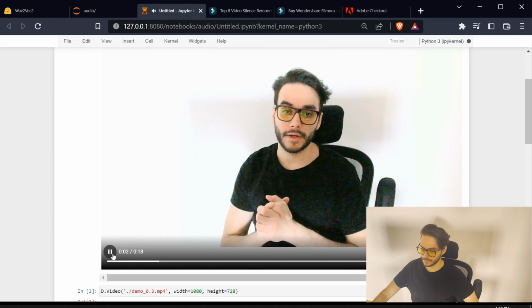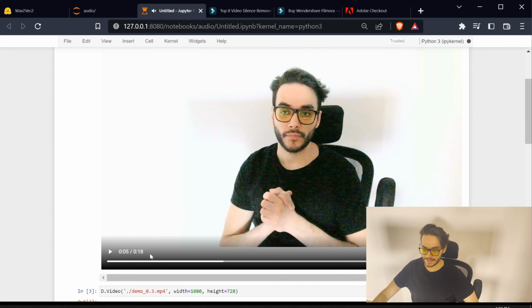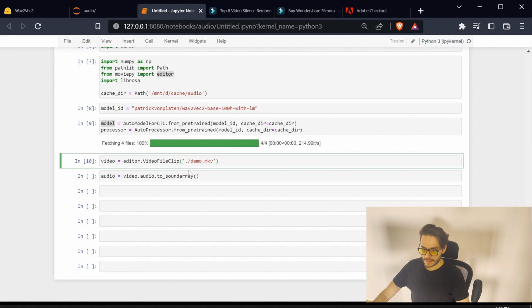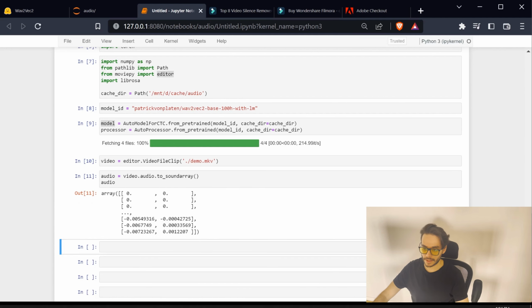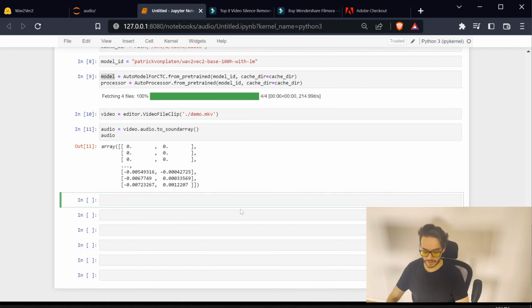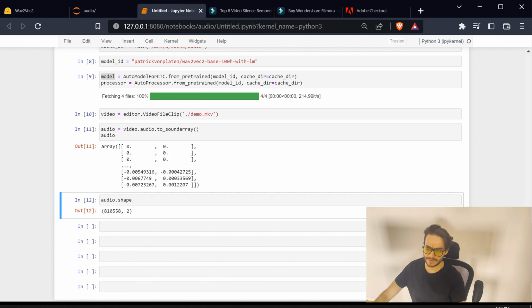So the video that I actually imported is this video. I'm going to talk about... As you can see, it is 18 seconds. Okay, our model is loaded now, so we can get the audio part. And also let's have a look at the audio part. This is a NumPy array of type float. If you look at the shape, you'll see it has 800,000 plus samples on 2 channels